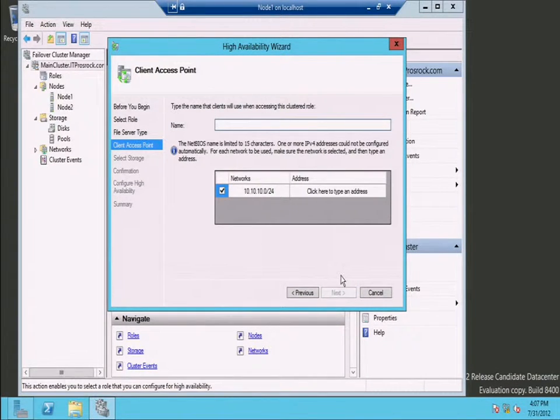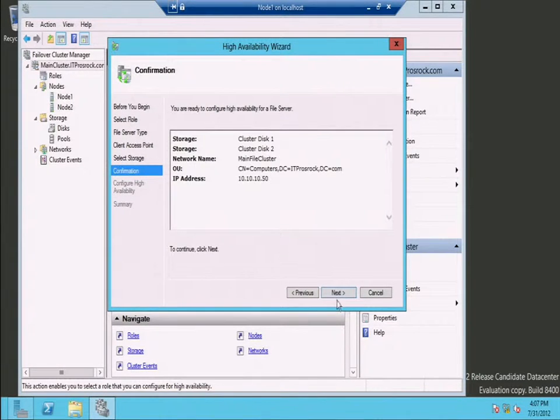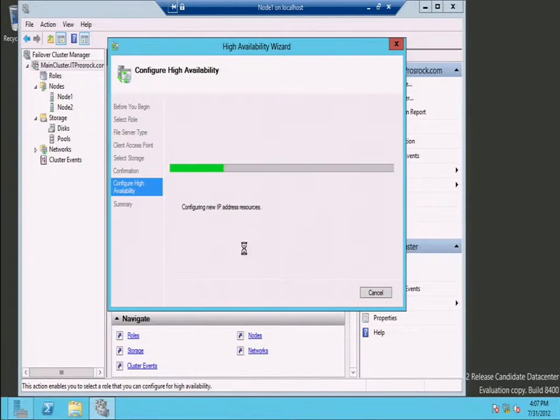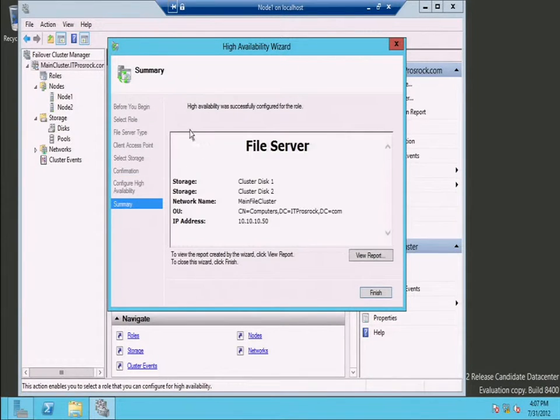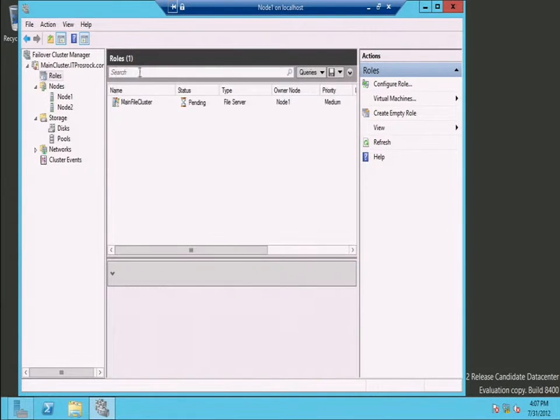I'm going to give this a name, so main file cluster. Give it an IP address. We'll put .50. We'll click Next. It's going to go and validate the settings, and then I can select the disks that I want to be part of this file cluster or file server cluster, and then click Next. It will take just a minute or two to go out and configure all the necessary settings, the IP address, create the resource, register it with DNS, and then create that role,